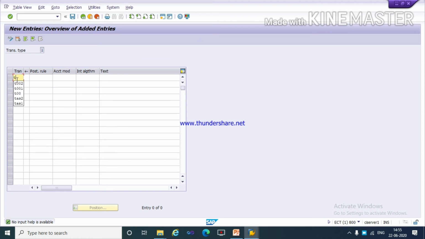The transaction symbol which we are using is TA01 for incoming payment. For incoming payment, we have to use the plus sign because it will add the amount in our bank for incoming, and use the posting rule which you have created for incoming, TA01.